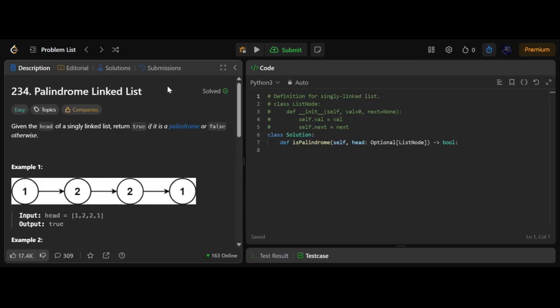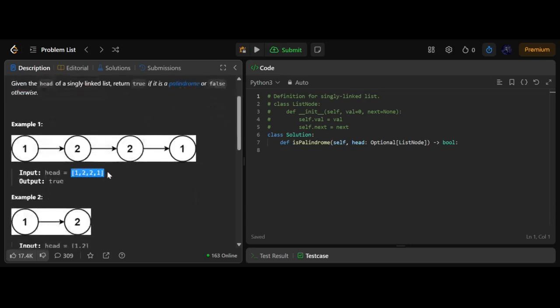Today we're going to be looking at LeetCode 234, Palindrome Linked List. We're given the head of a singly linked list and we need to return true if it's a palindrome or false otherwise. This is kind of similar to the string palindrome question, but now we've got a linked list instead of a string. In this example, we've got 1, 2, 2, and 1, and when you reverse 1, 2, 2, 1, you also get 1, 2, 2, 1, so you return true because it's a